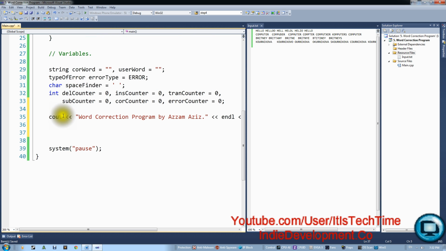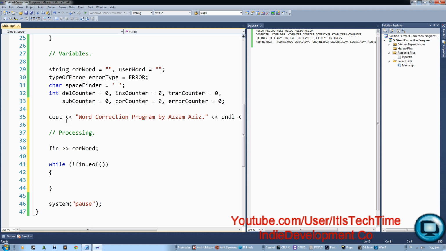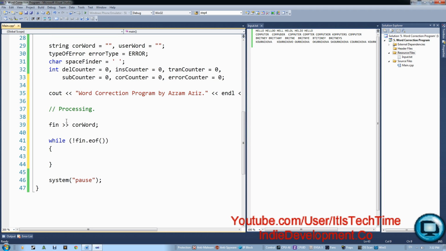So in here there's going to be processing, so we need to input a first word and put the correct word, so core word. Now after we've inputted the correct word, we need to check for is it the end of the file, so while not the end of the file, and this function is open and close parentheses, close that, and then open close brackets. So now we start,